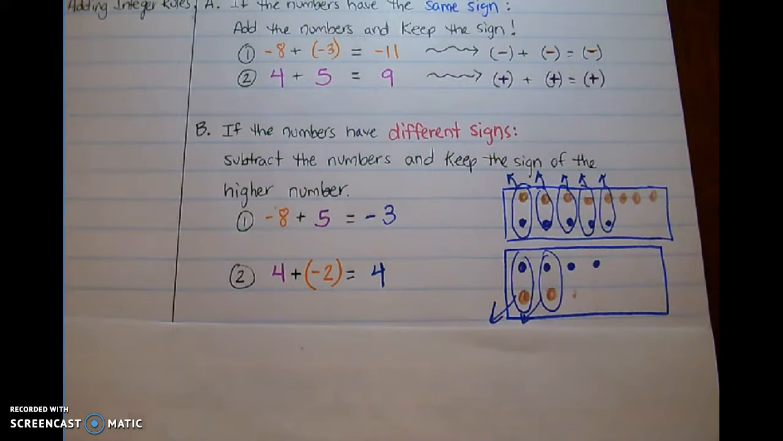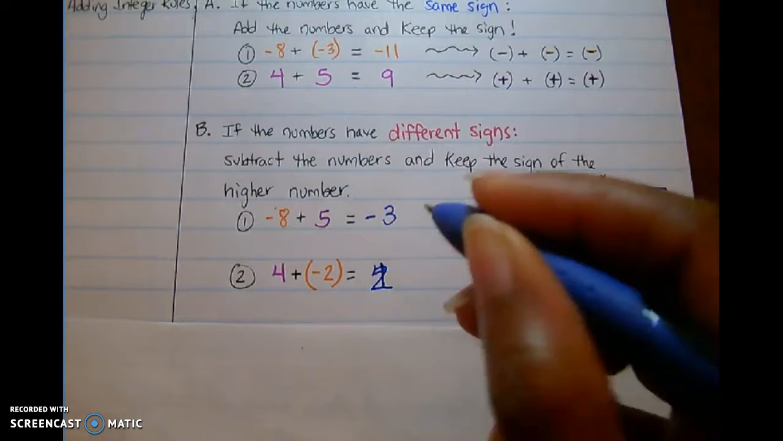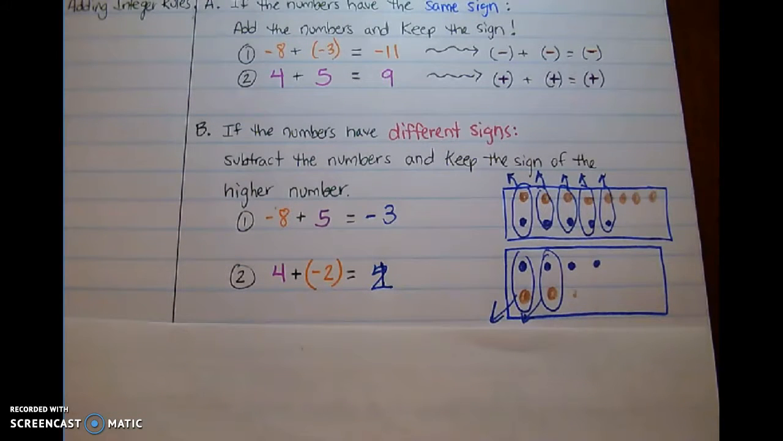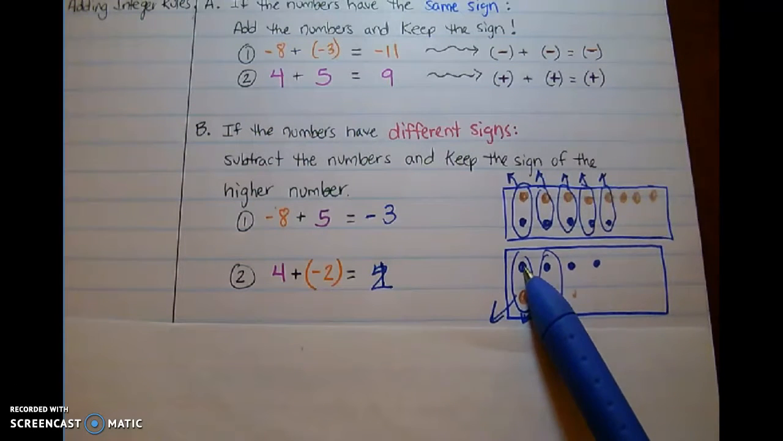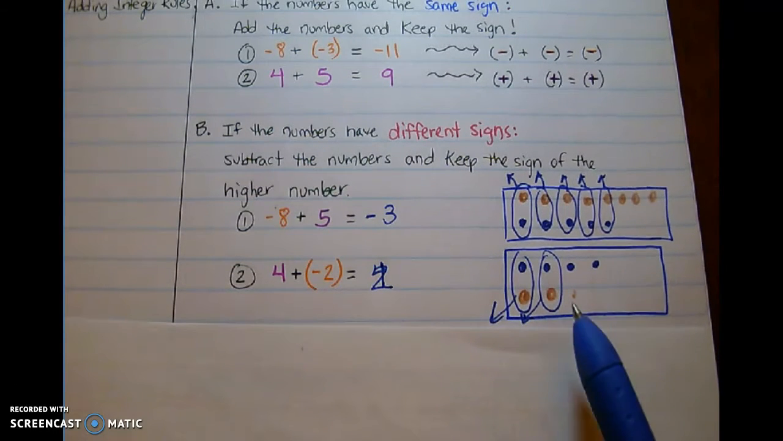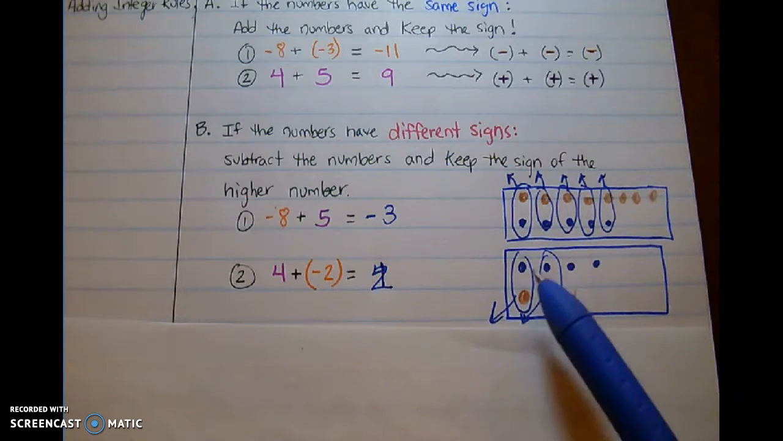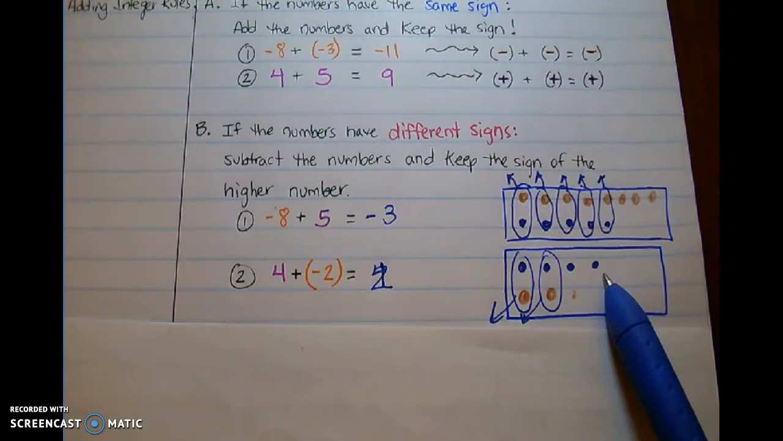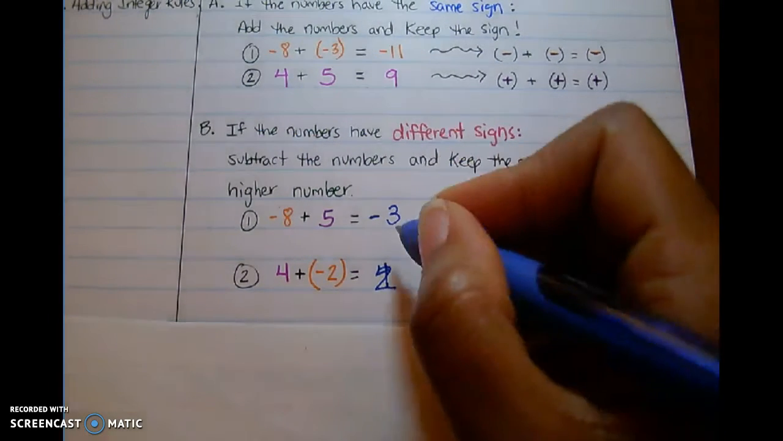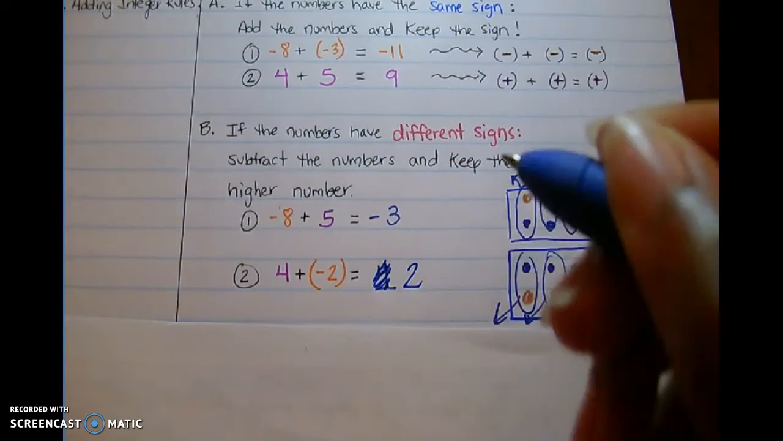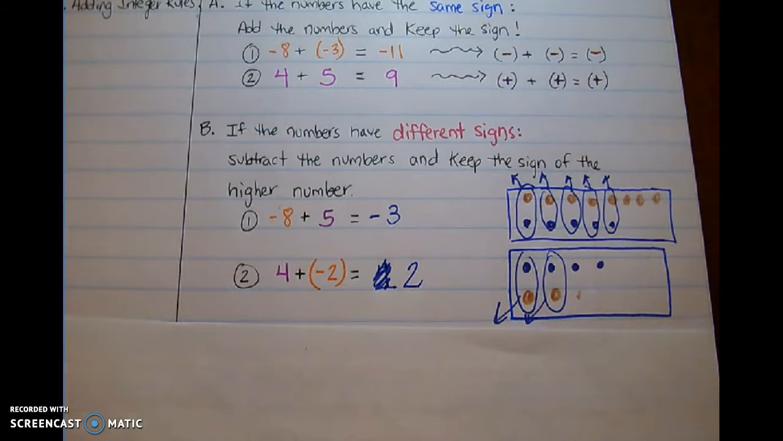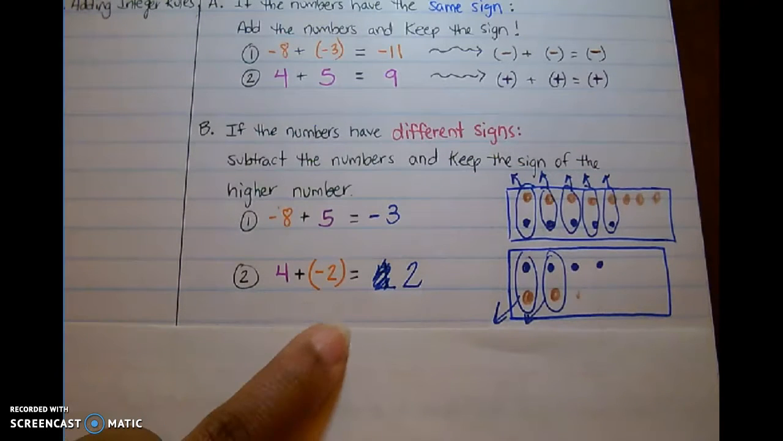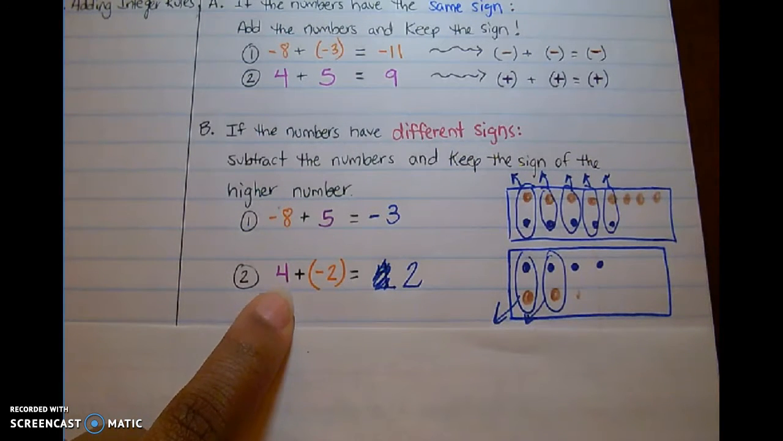All right, if your answer was 2, then you're correct. Let's look at this model really quick. If I know that I have 4 positives and 2 negatives, when I zero out my negative and positive pairs, I'm left with 2 positives. Okay, so let me clear this up a little bit. Our answer here would be 2 because we subtract and we keep the sign of the higher number, which here is